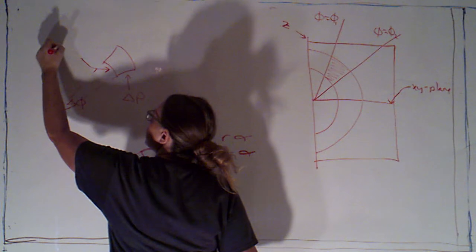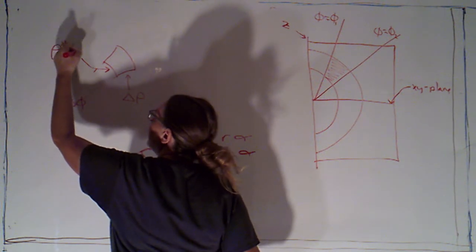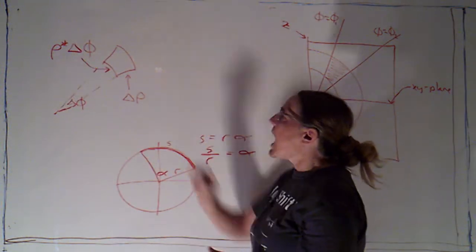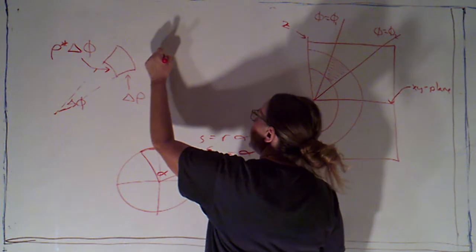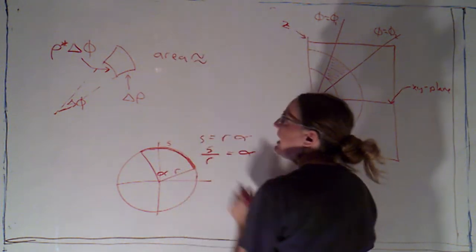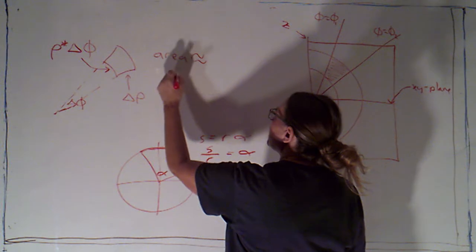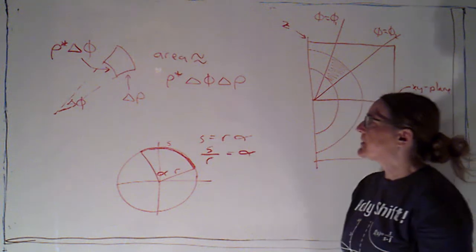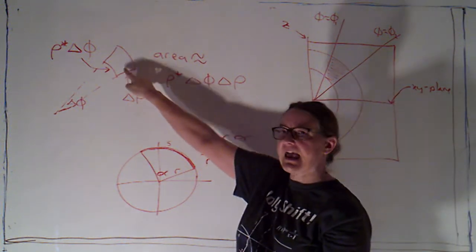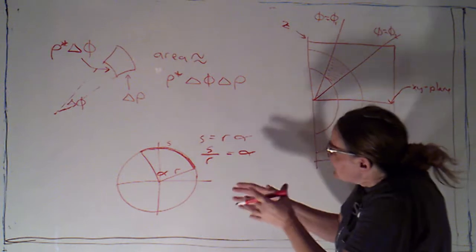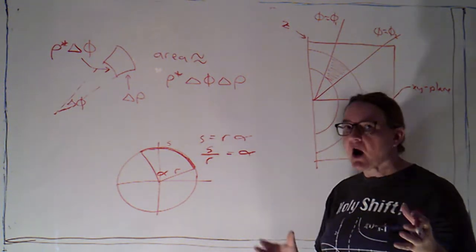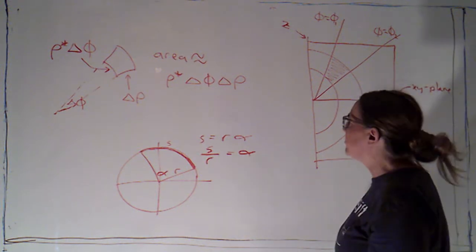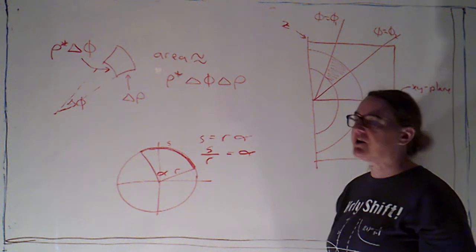So I'm just going to pick a representative radius, which I'll call rho star, and say that's times delta phi. Okay. So I could approximate the area that I have right here as being approximately rho star times delta phi times delta rho. Now that's an approximation because this isn't actually a perfect rectangle, but it's close. So I'm just approximating, saying that's about what it would be. This is not a formal proof. This is just an informal explanation of our formula.